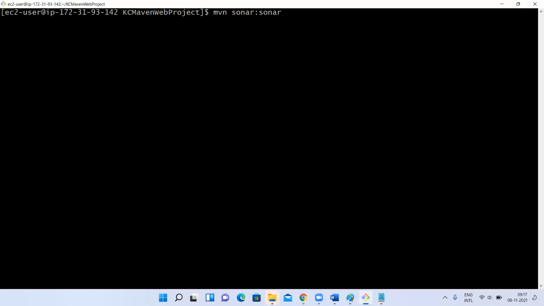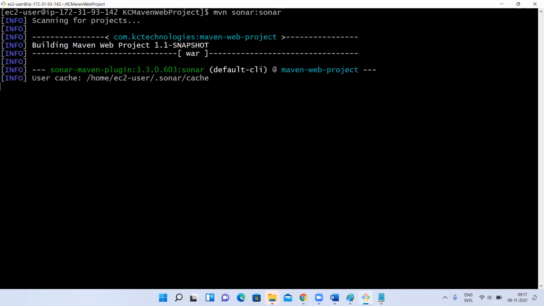To check the code quality, the sonar scanner has to scan the code, right? While scanning, you need not compile it. You need not generate an artifact. You can run like this also. mvn sonar:sonar, that is also enough, right?